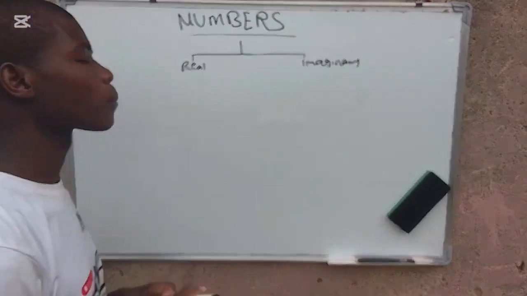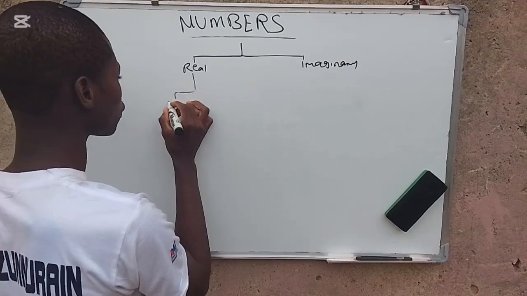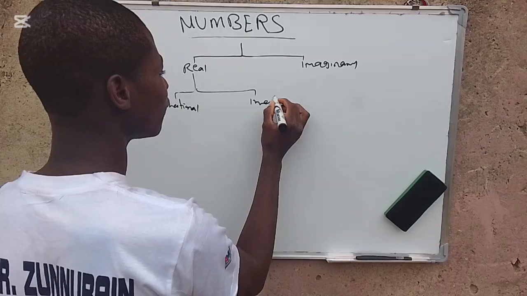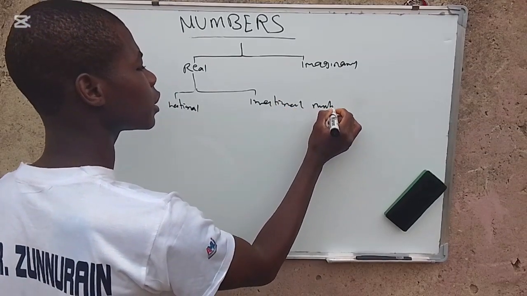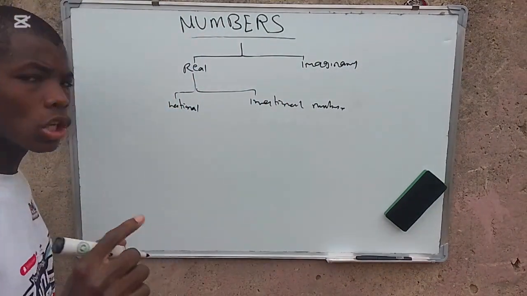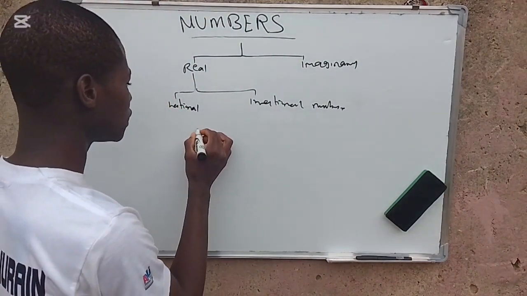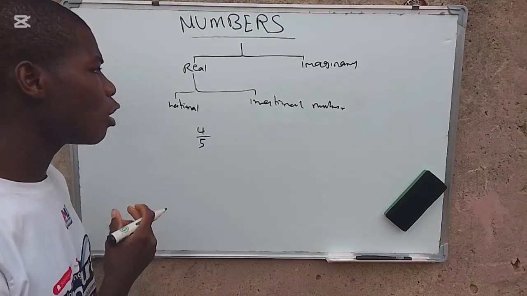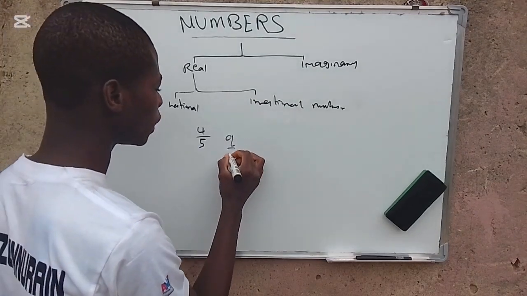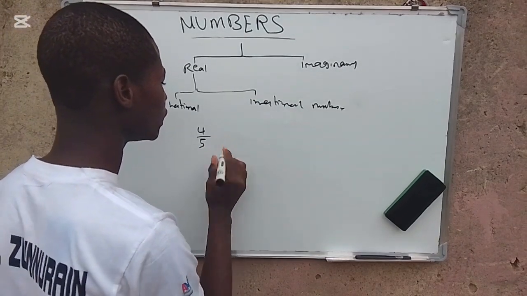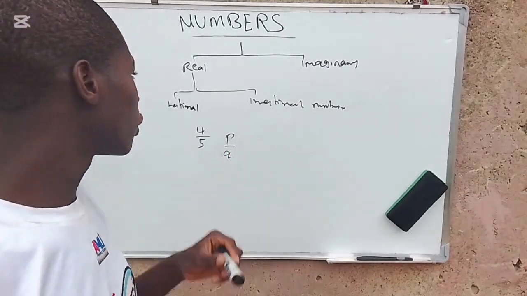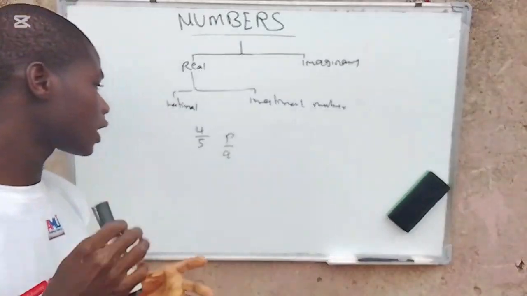In real numbers, we have rational and irrational numbers. So first we have rational numbers, and therefore we have irrational numbers. So what are rational numbers? For example, 4 over 5 is a rational number. What of, let's say, P over Q? P over Q is also a rational number, because a rational number is